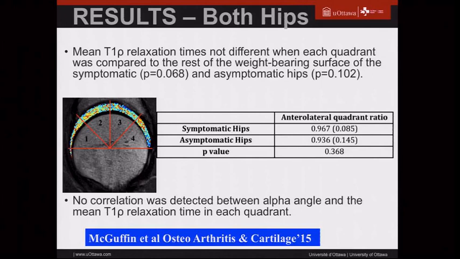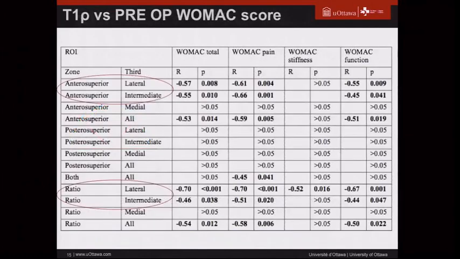And then when we did a ratio to minimize interpatient variability, again looking at the anterolateral quadrant, we found no significant difference between the two. We also couldn't really establish a strong correlation between the T1 and the alpha angle in that subgroup. And this, not sure we can discuss a bit more. It may be related to some of the cartilage loss occurring anteriorly, but there are other correlations that I'll show a bit later. And when you looked at the whole cohort, looking at T1 versus the pre-op WOMAC score,